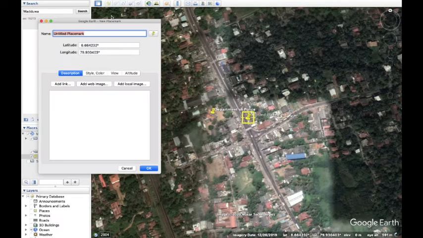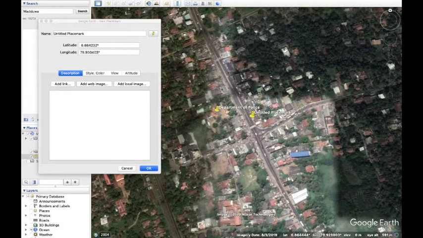We add another location. This is the place of the library.